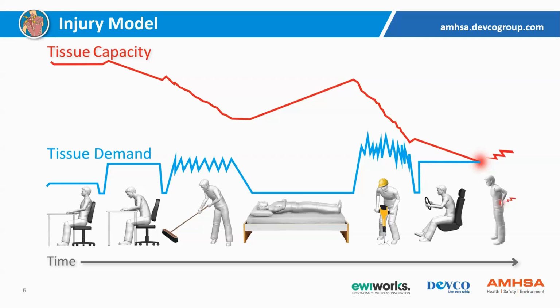And the other take home from this slide is our tissue capacity changes over time, right? So if we're fully rested like we are on the left side of the page, we can do a lot more work than when we're tired and fatigued and we've placed a lot of strain on our body. And again, we can all think of examples of different times when people work longer, harder, or busier, whatever, where their tissue's capacity is going to decrease.